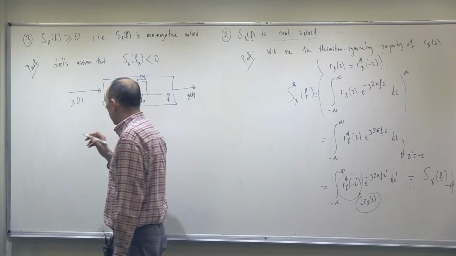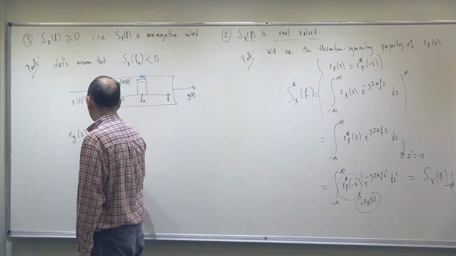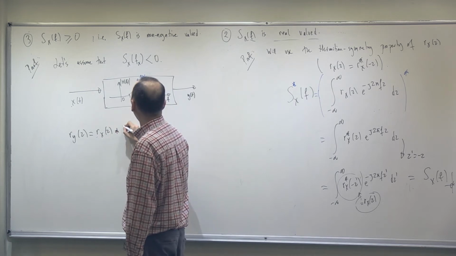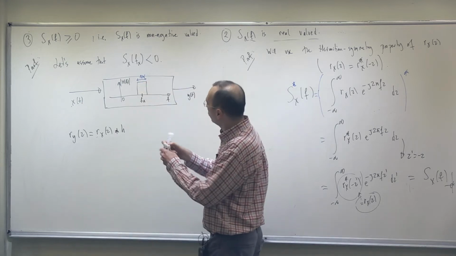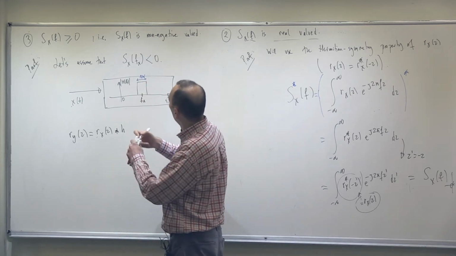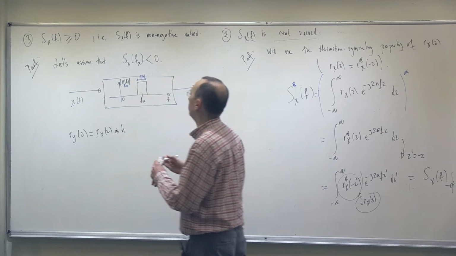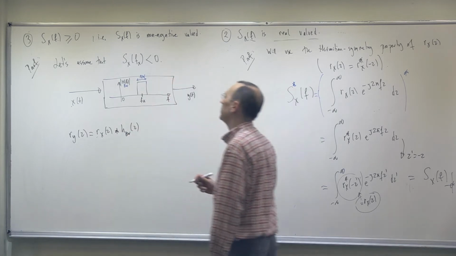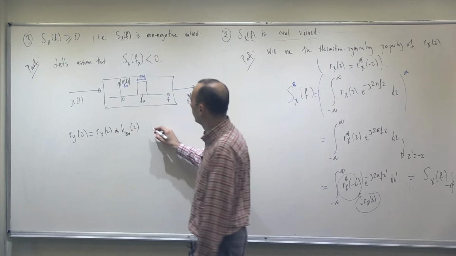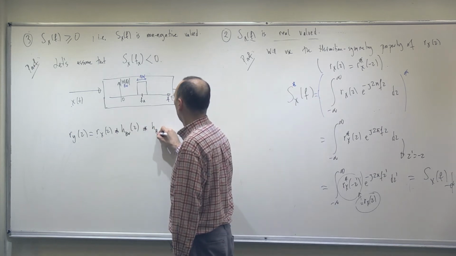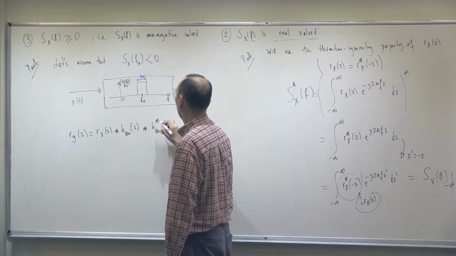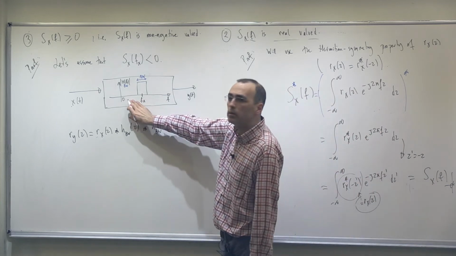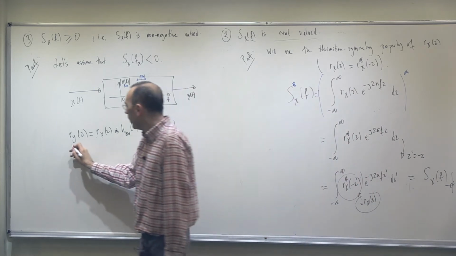Now, what should I do? Now I know that Ry of tau is equal to, one more time, Rx of tau convolved with this filter, but let me denote this bandwidth of the filter somewhere over here, because I will change it later on, bandwidth. Now in, let's say, non-Fourier domain, because this is a tau domain, correlation domain, I have this, bandwidth minus tau. Am I right? Nothing new. Processing of a wide-sense stationary process by an LTI filter. Nothing new. Now, if I take the Fourier transform,